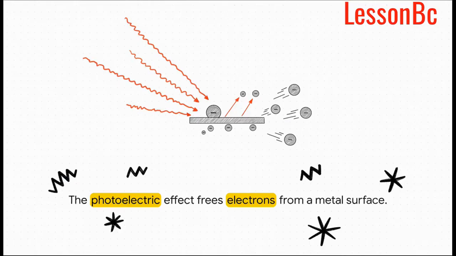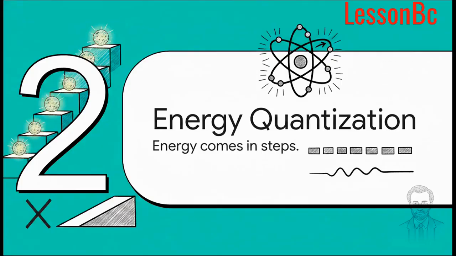And you can see this brilliantly illustrated in the photoelectric effect. Notice those red wiggly lines? They represent the photons, those distinct particles of incoming light we just talked about. They are striking a metal surface and literally physically knocking the electrons, those little gray circles with minus signs, right out of the material. This physical interaction is actual experimental proof that light behaves as a particle. Pretty cool, right? Moving on to section 2, energy quantization.